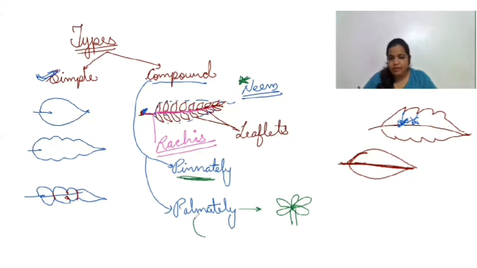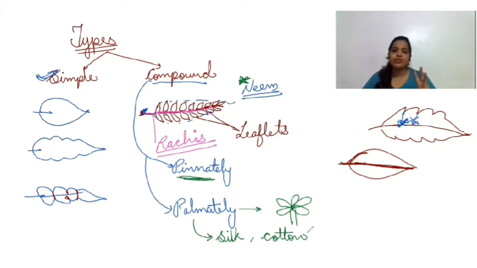We have got 2 examples now. Both are actually the fibers which we use for our clothing also. So you can remember palmately compound leaves, like our palm, by the cloth fibers, that is silk and cotton. So that's easy, guys. It's so easy to remember, so easy to learn, right? Some of you might have learned it here itself. You won't have to open again, just open for revision, as revision is important.